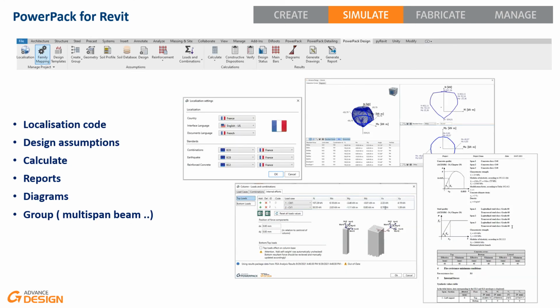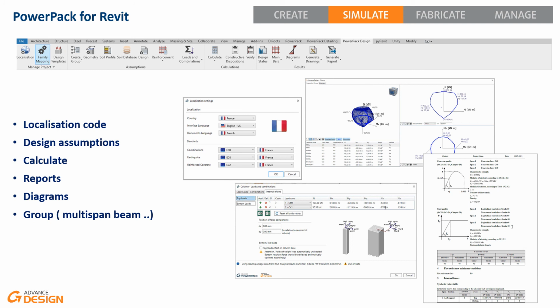And the last package, the Power Pack Design, it's mostly some engineering tools, again totally embedded inside Revit, which will enable engineers to launch the design of local objects such as a column, a beam, or footings, based on external results coming from advanced design, for instance.